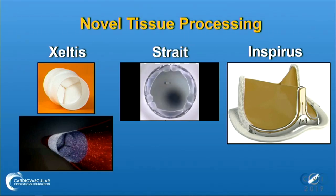So if you look at what's out there, there are many different technologies that are being pursued for novel tissue processing to do transcatheter valves. And this is just a slide of just three. If you were here last year, you heard Mike Mack talking about Zeltas, which is this bioresorbable frame that you implant and it gets endothelialized and then dissolves in the human. There's a technology called Straight Technologies, which is one of a number of polymer-based valve technologies that are being developed. It's very exciting because, as you might guess, polymers are much cheaper than pericardium. And one that's already in practice is the Inspiris valve, and Alan touched upon this. This is made using the Resilia technology for processing to address free glutaraldehyde